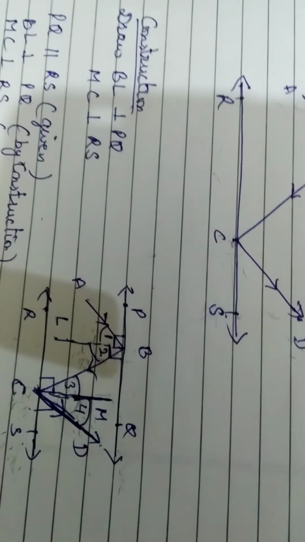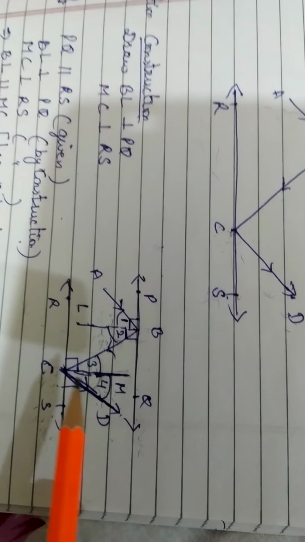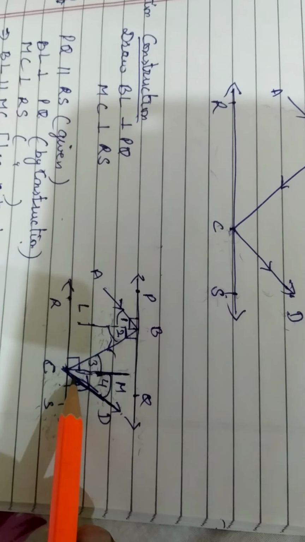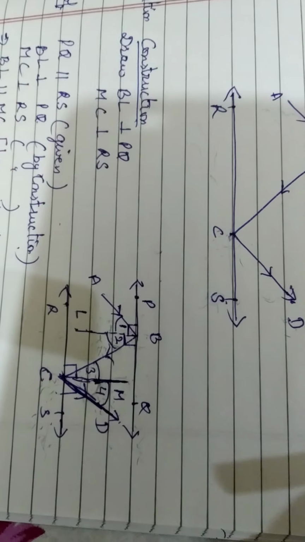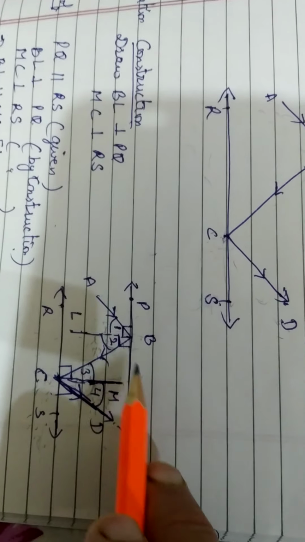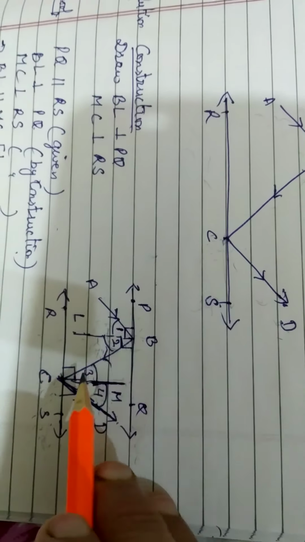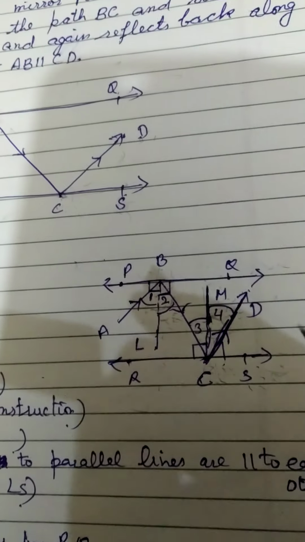Now you can see this clearly that if I have rotated the copy, BL and CM are two parallel lines and BC is intersecting them, means angle 2 is equal to angle 3. These are alternate interior angles. See here, this BL and this CM is intersected by BC at B and C. Then angle 2 and angle 3 are alternate interior angles.